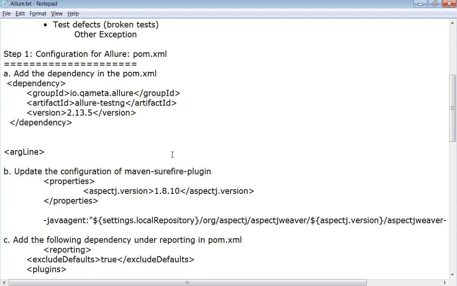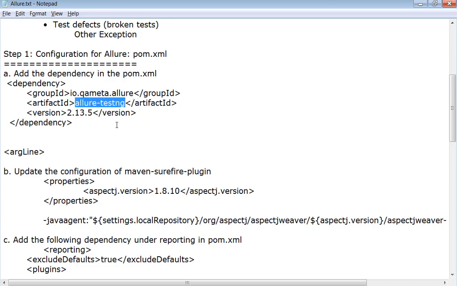The first and foremost step is we have to configure Allure in the pom.xml file. For configuration of Allure in the pom.xml file, we have to add the dependency, that is io.qameta.allure, allure-testng.